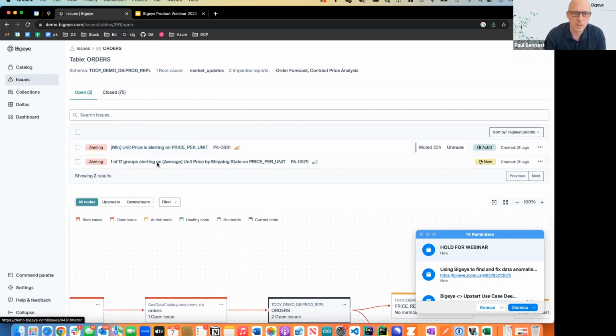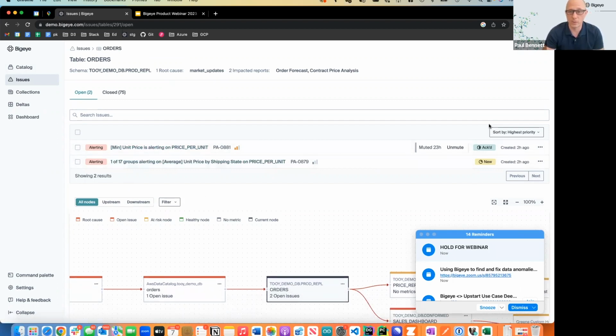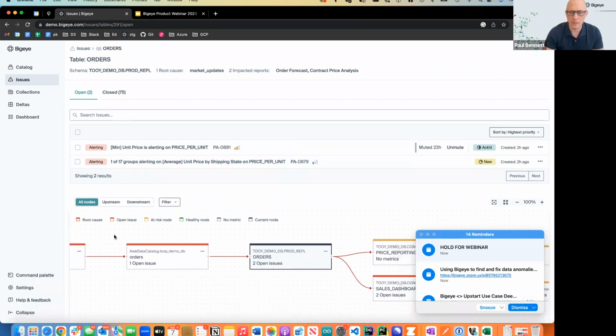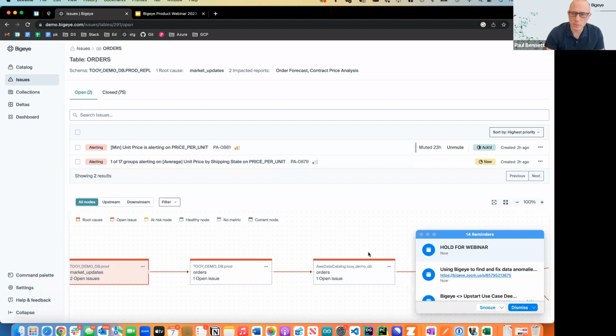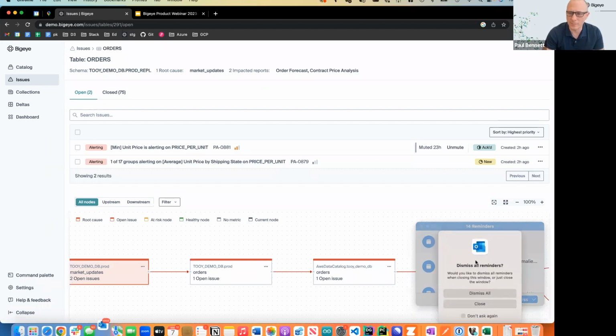So we've got a minimum unit prices alert on price per unit. All right, well, that's important. So I've gone in and I've acknowledged this. We have one of 17 groups alerting on the average unit price in here. Interesting. Okay, so you can see under here at the very bottom,